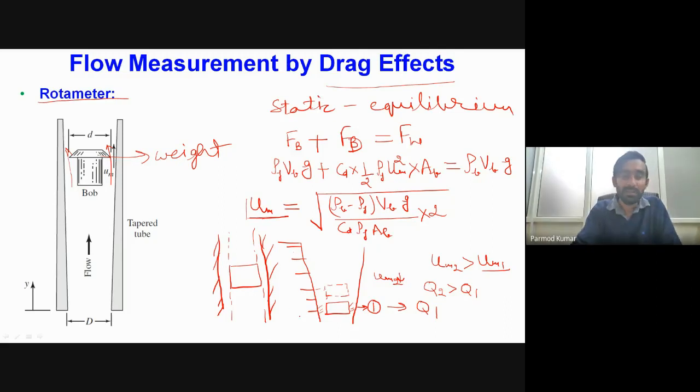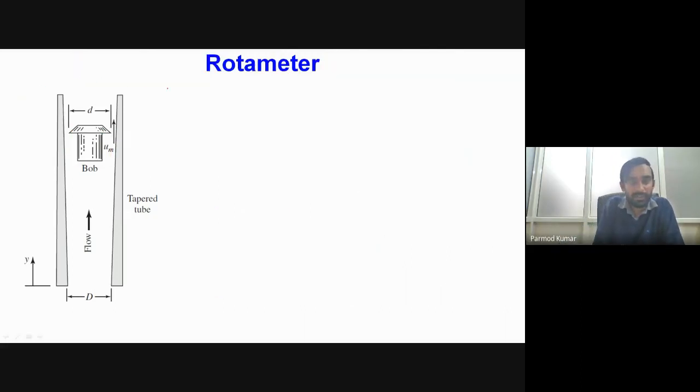Now let us see how we can employ this velocity um to find the value of the volumetric flow rate. We know that the volumetric flow rate is equal to area times velocity. If we consider that A is the flow area, then the velocity is u1, because u1 is the velocity corresponding to the static equilibrium position, and for each flow rate we have a different location of the float across the length of that tube.